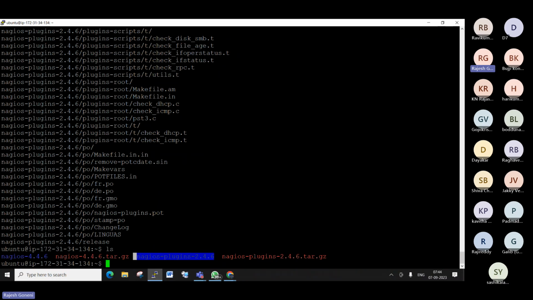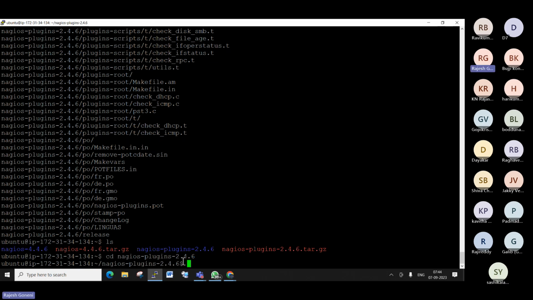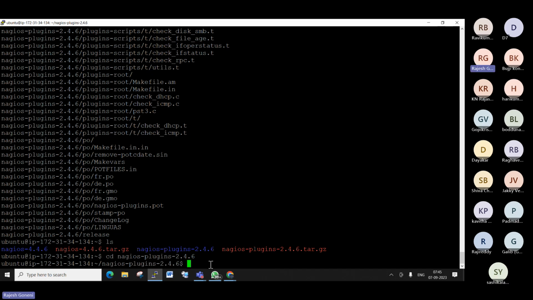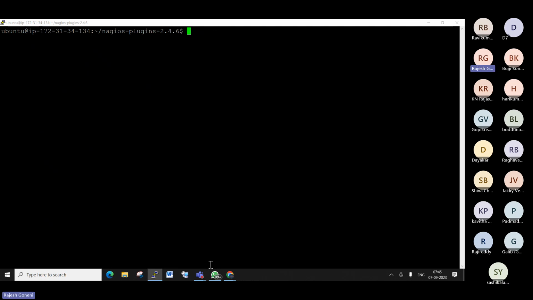Okay, 2.4.6 is there. What we need to do is cd space and select this particular directory. Now I have successfully moved to the Nagios plugins 2.4.6 directory. Now you can clear the screen. Now go here